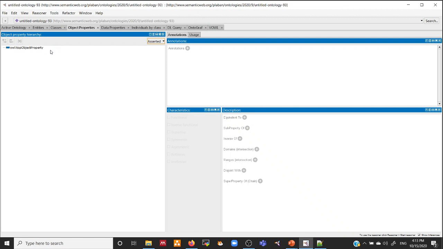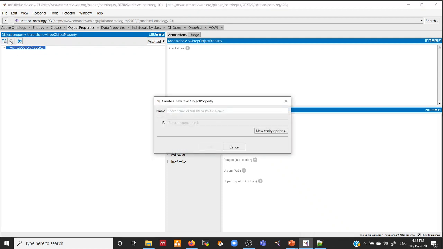Now the next thing that you can do, you can create an object property, right? And as we had owl:Thing to be the top class of the class hierarchy, this top object property is the top property of this object property hierarchy. Now here you can do the similar thing. You just select top object property and add a new property. So for example, authored by. A book is authored by,